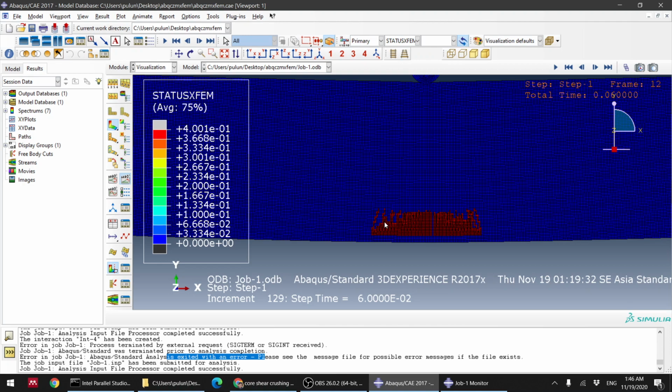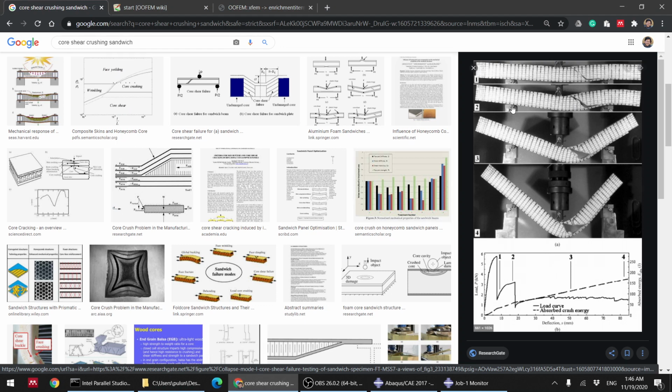But the problem is that the setup is wrong, right? I'm pretty sure it's because the pin size is way too small. Because I want to have this delamination here, and then